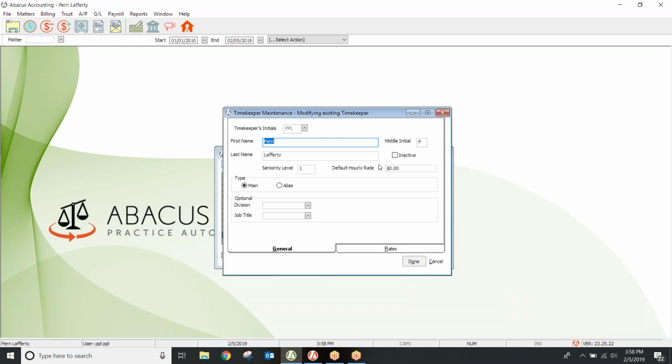We're past that point in time. So we'll be looking at the timekeeper rates for that, but we'll get to there in a minute. Type of main or alias. Well, this is only going to be used if you actually have a timekeeper that bills out two different rates